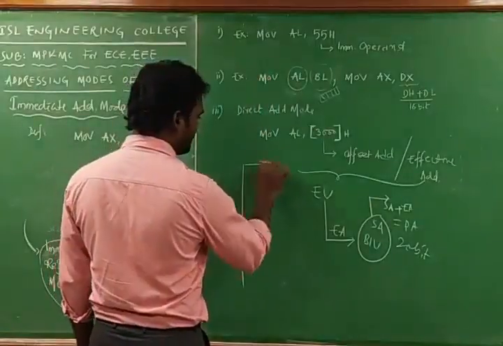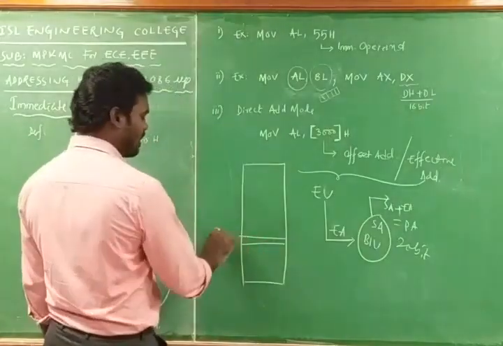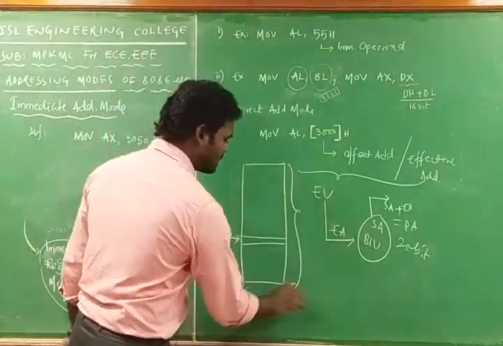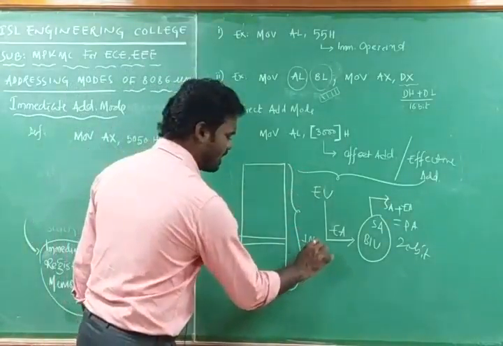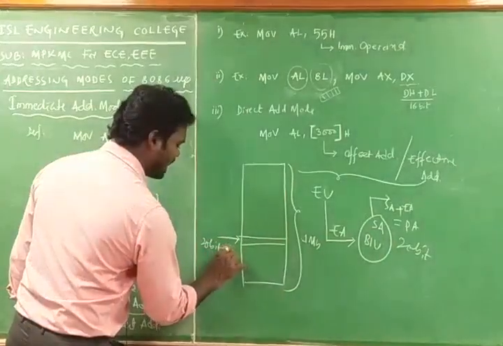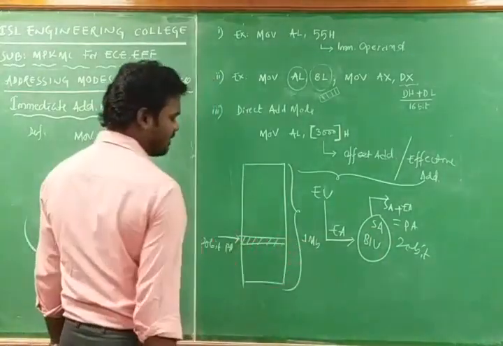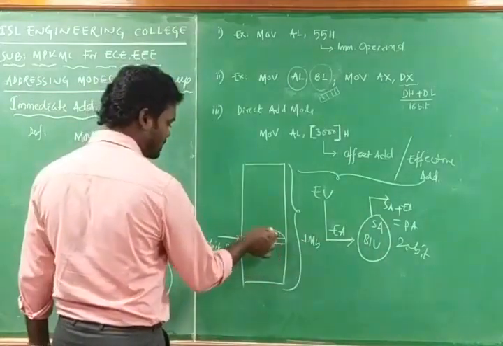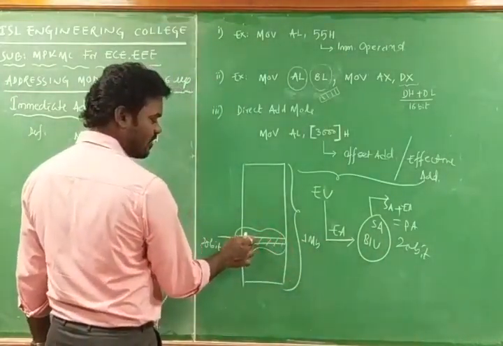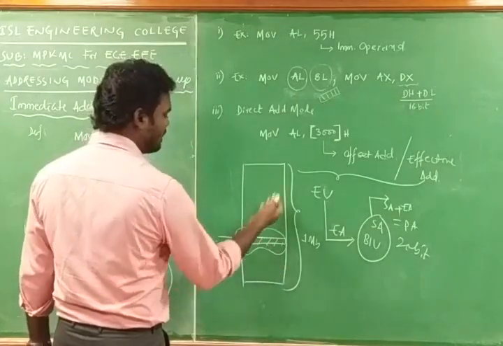And that defines one memory location in the 1 megabyte of memory. This is a 20-bit physical address. The 20-bit physical address defines one memory location in the 1 megabyte of memory, so the processor is going to find the operand in this memory location, and whatever data is there in this operand will be moved